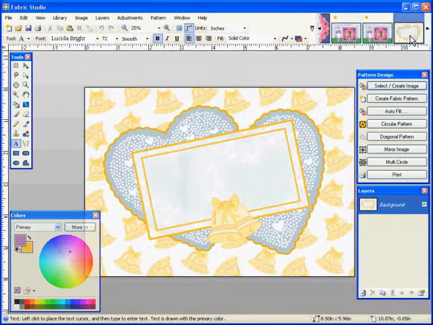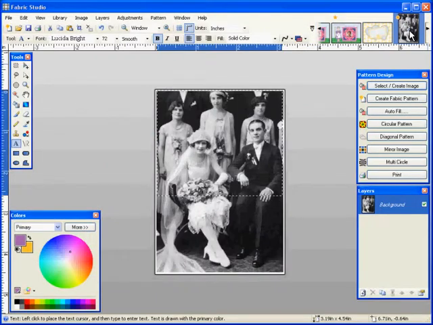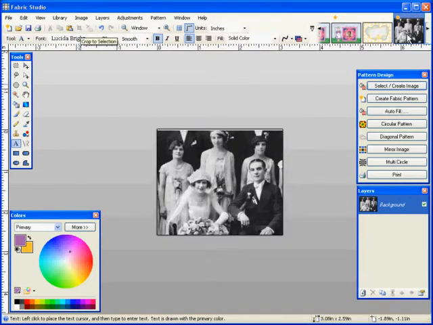Now this is our wedding quilt, but in this case I'm going to take my wedding quilt and turn it into an anniversary quilt present. Now I have the original photograph of the couple that got married 50 years ago, and I'm going to crop it. So I've picked a section out that I want to use, and I use my crop tool, and now I'm going to take that photograph, select it,